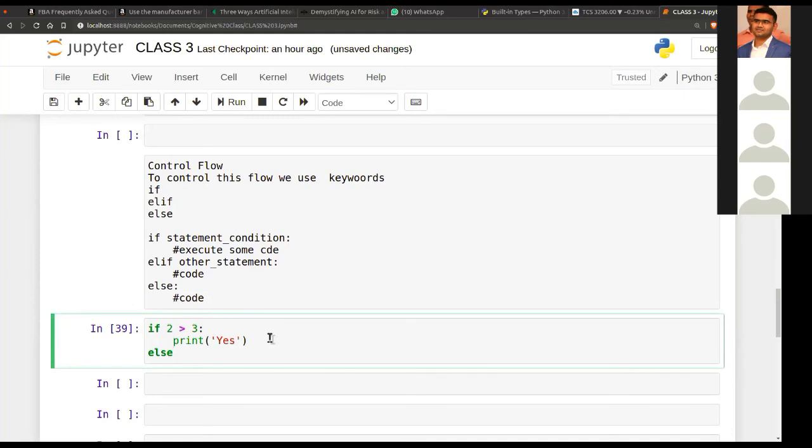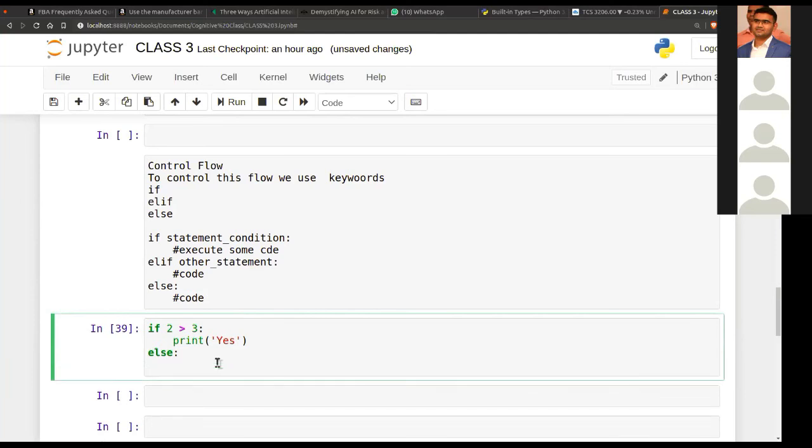Same goes with this: end with a colon, and if we hit enter, it will give you this space. Most text editors support this feature. If not, you need to do it manually, giving 4 spaces from your statement.